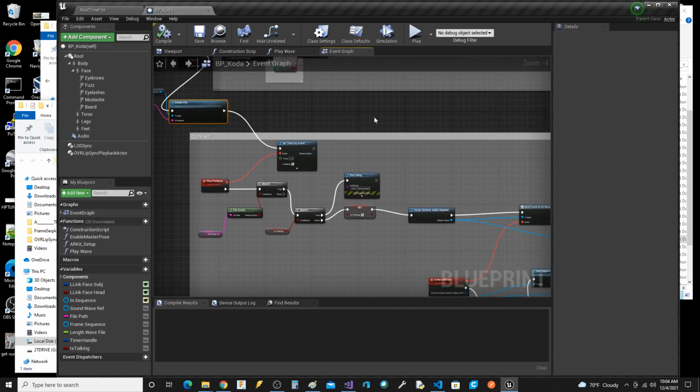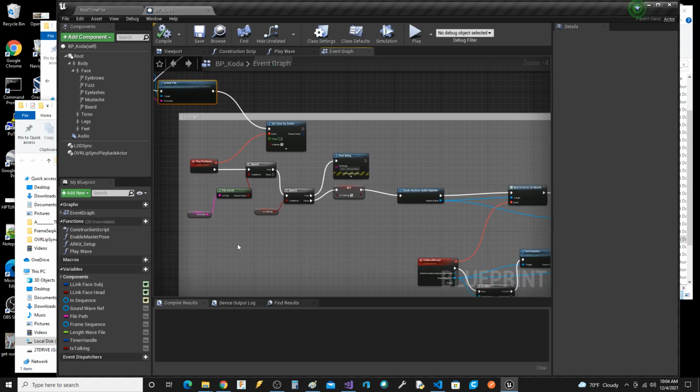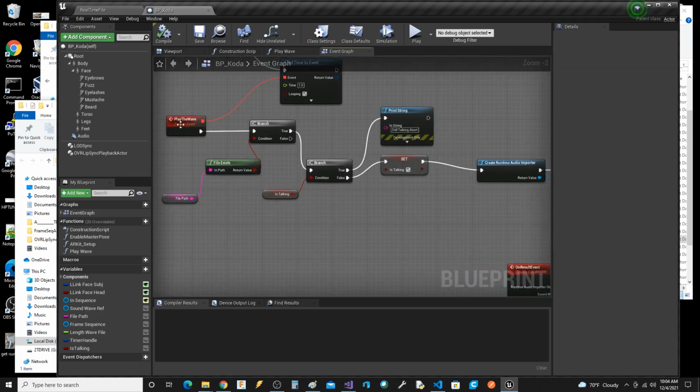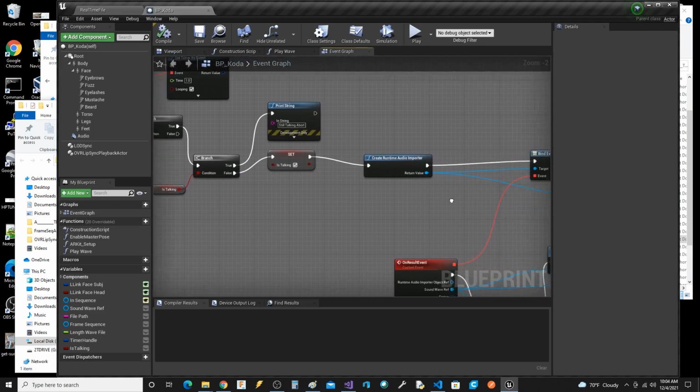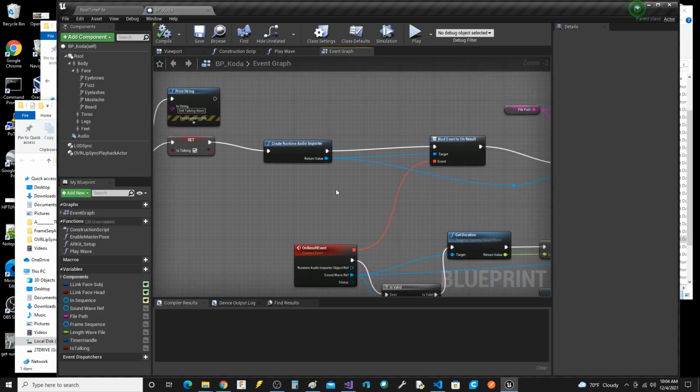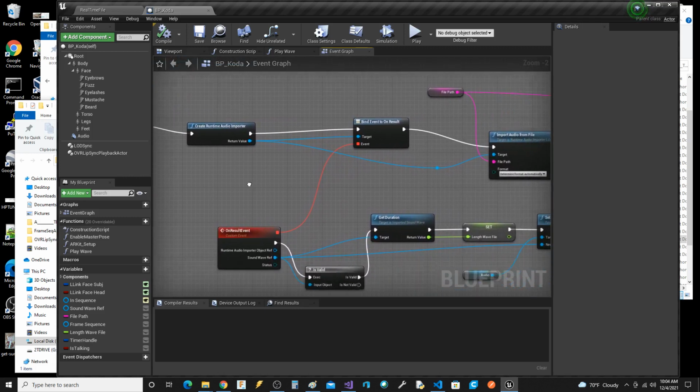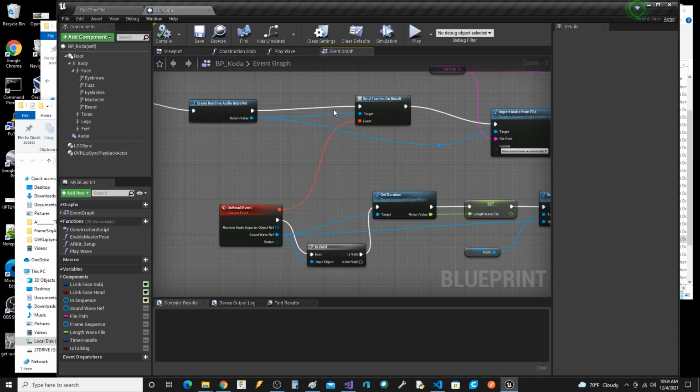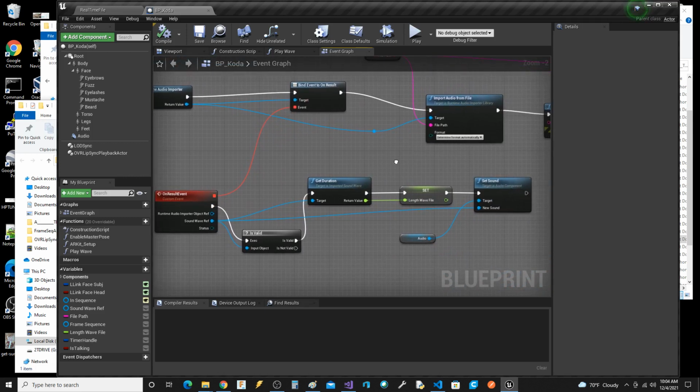We set a timer, and it calls this function which says, hey, does the file exist? Are we talking? No. Okay. Go through this process. And this is the regular code that you get from the project.